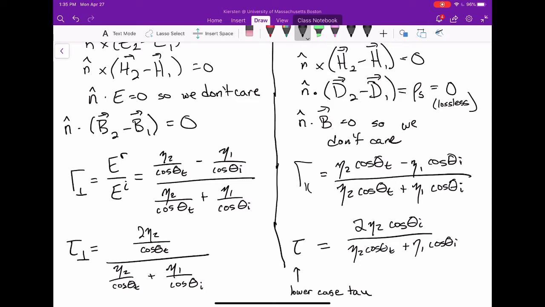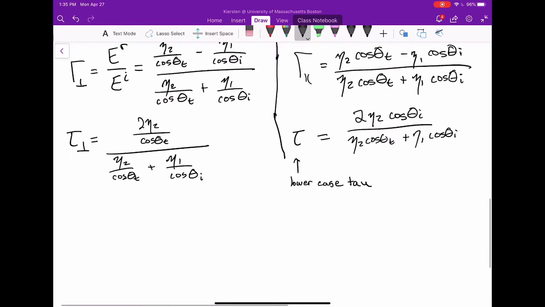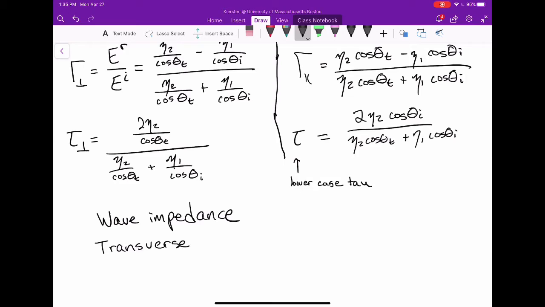Both of these solutions can be expressed using the relationships between just the components of the electric and magnetic fields that are transverse to the surface normal vector. So we define this concept called wave impedance. And we use the transverse components ET and HT, where ET is the amplitude